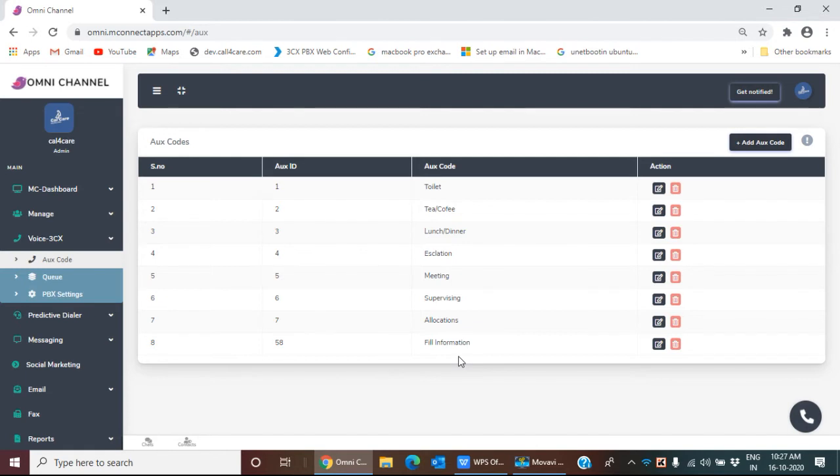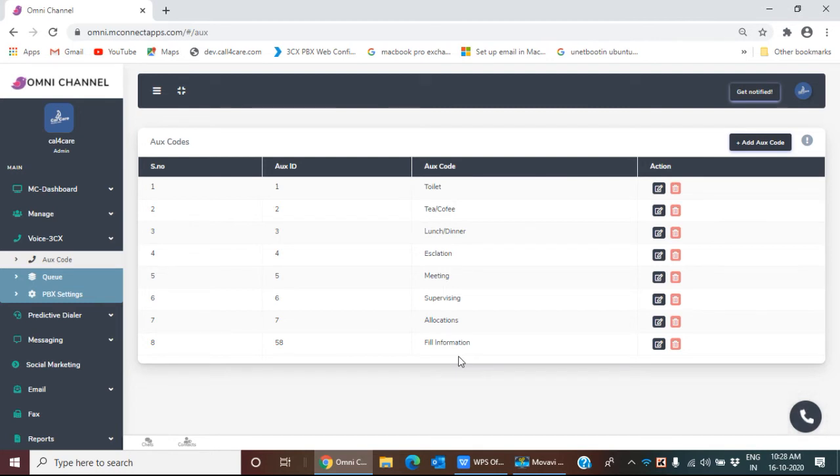So omni-channel is very exclusive and offers accurate system which will not allow your agent to do aux jumping or aux toggling, and it helps the manager or the supervisor or the admin to do real-time monitoring of the agent's performance, to assess how they are spending their non-call time, and if he really finds that the agent is not genuinely involved in ACW or not exactly doing the reason that he has chosen, he can train them, motivate them, or devise further strategies to improve and boost the agent's performance and the overall performance.